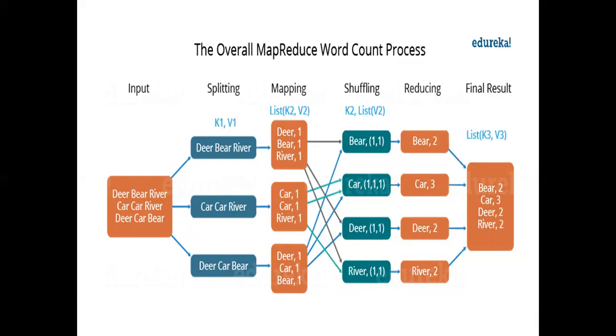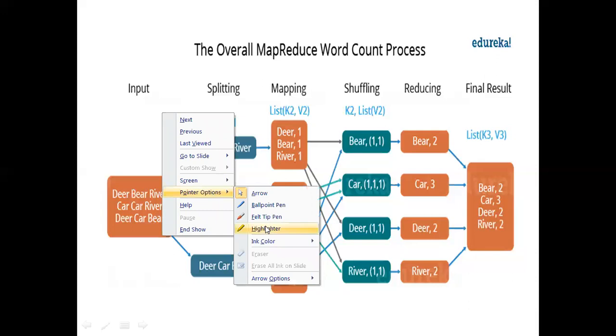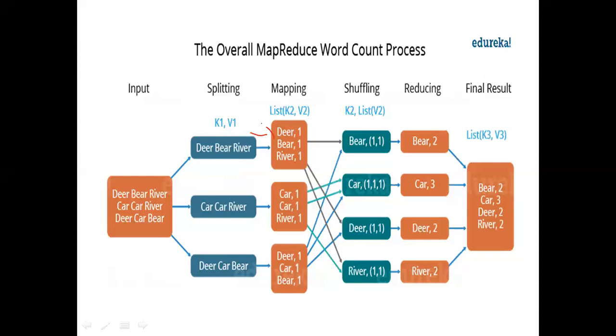What the mapper is doing is identifying the count of every word in that split. For example, input split 1 is given to mapper 1. In the given input split, 3 words are there, and it maintains the count: deer 1, beer 1, river 1. Similarly, for the second one, for every word it maintains the count: car 1, river 1.